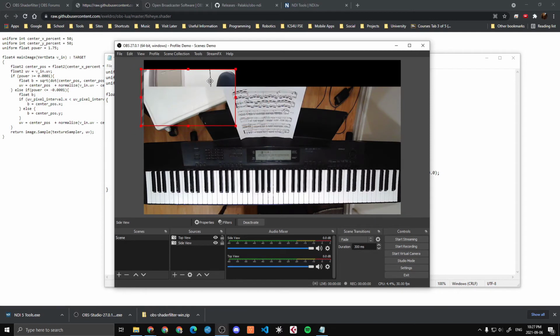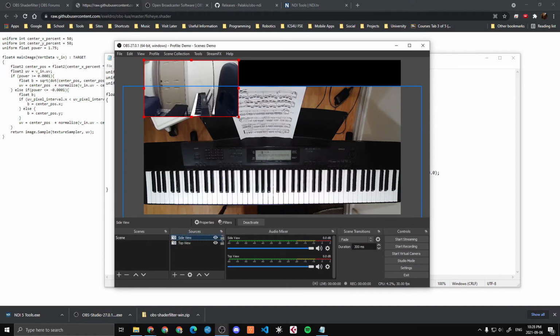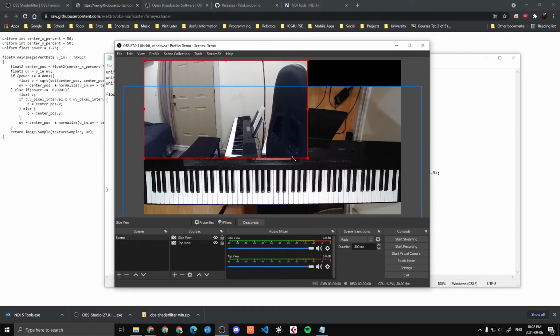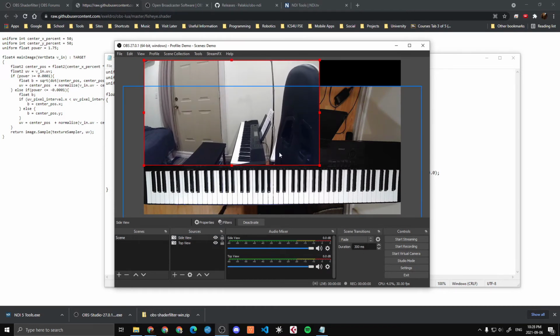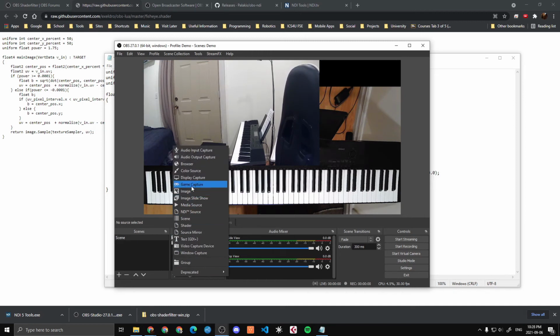My side view is below my top view. That's okay. What I can do is I can just take my side view and drag it on top like this. And now it's on top. So then I can just drag like this. Now, of course, I have this extra space. So I'm going to put on my logo,